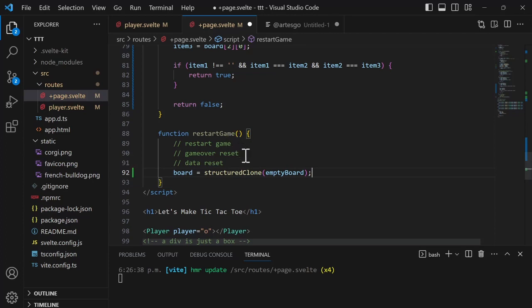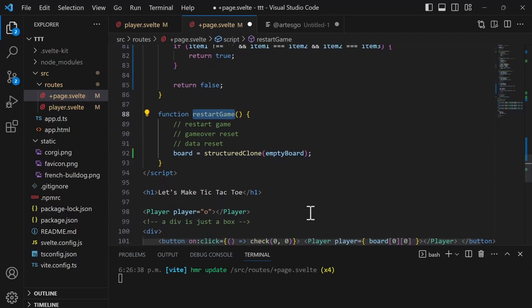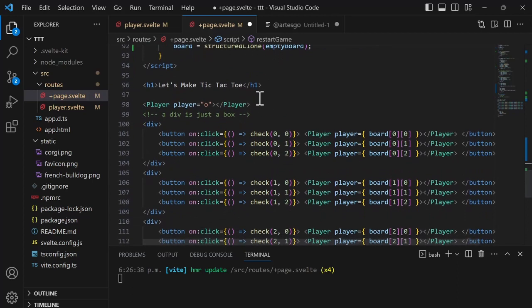So if you have followed along, you should now have a board equals structured clone of the empty board in your restart game function. So now we just have to use it. And we can just add it to the top, I guess. I'm going to get rid of this